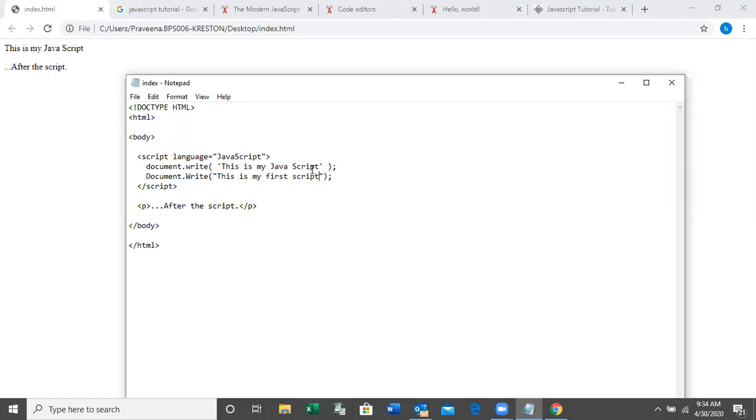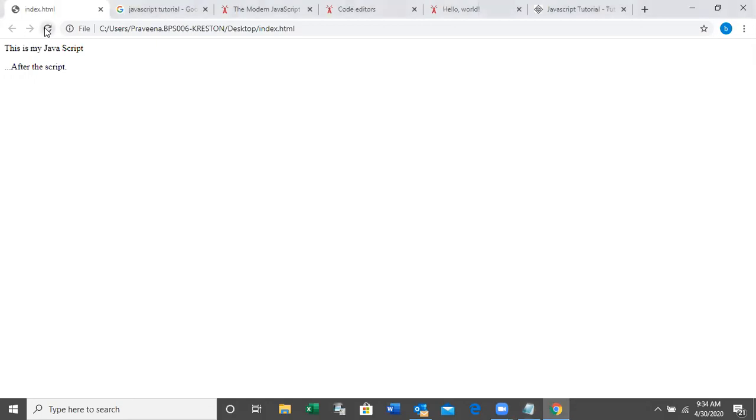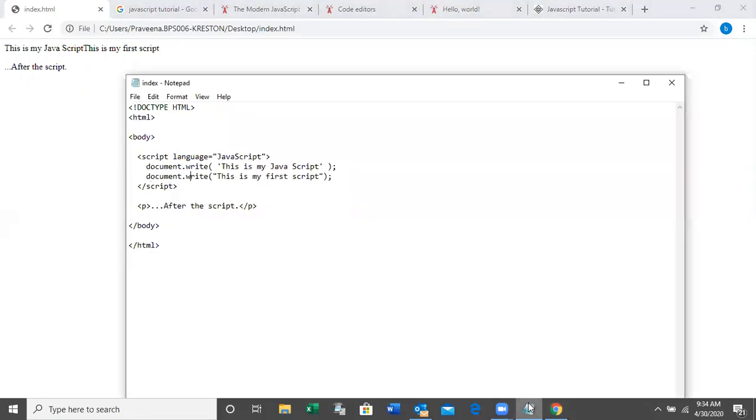This is my JavaScript and this is my first script in the same line. This is my JavaScript and this is my first script. You can get it in a single line.